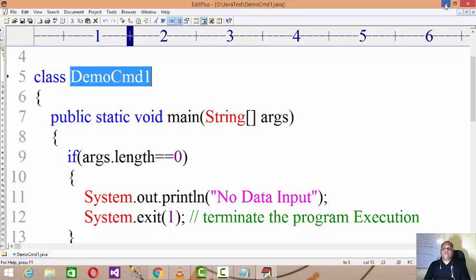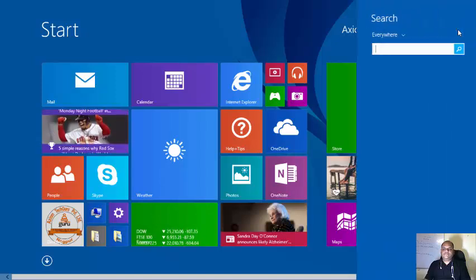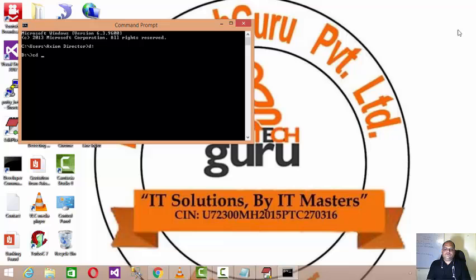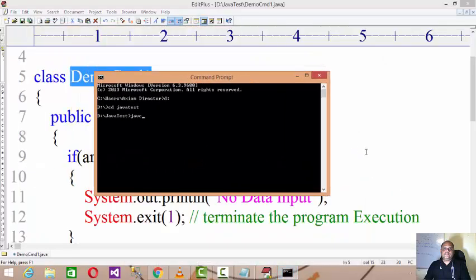Okay, and then switch to the command prompt, switch to the folder, and then compile it: javac DemoCmd1.java. So it compiles the code,